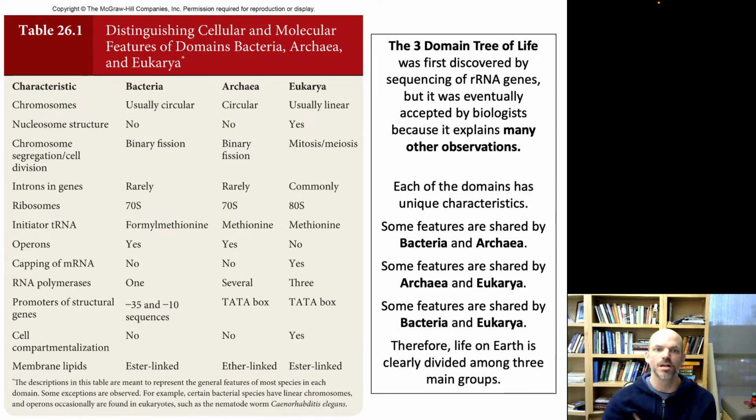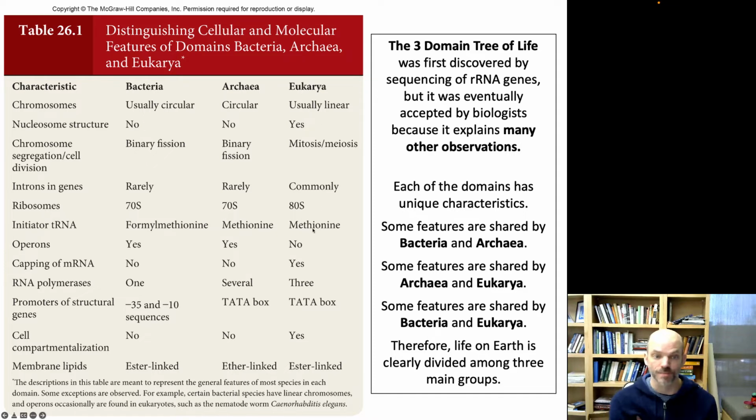So, for example, bacteria and archaea usually have circular genomes. The DNA is a circle. Eukaryotes do not. So that's one similarity between bacteria and archaea. And there are many similarities between bacteria and archaea, which helps explain why it took us so long to appreciate that they were different. But there were also really important similarities between archaea and eukarya that we'd never realized until